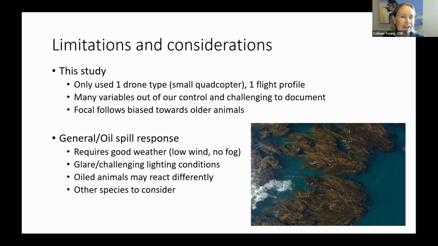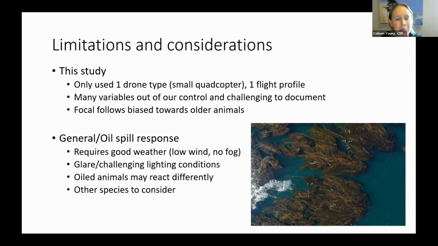Now, there are a lot of limitations, caveats, and considerations with our findings and with our study. Our study is only using one drone type, a small quadcopter, and only one flight profile. And we're only looking at otters in one general location. So it would be important in the future to extrapolate this to more sites with more types of drones and flight profiles. There are also a lot of variables out of our control with this study, like kayakers paddling into the group of otters that we're observing, and some of those are challenging to see or even